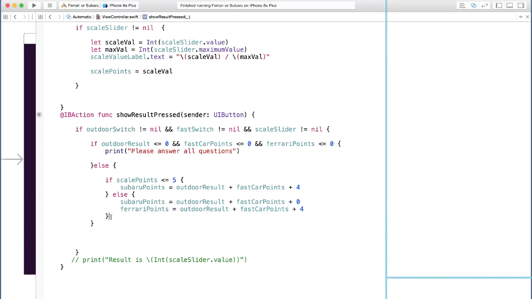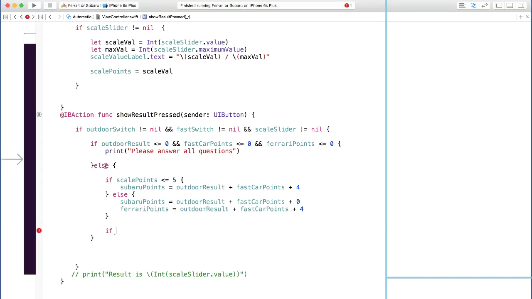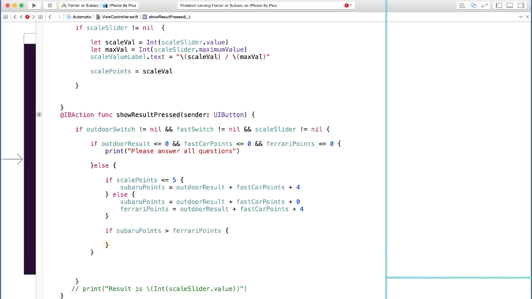All right, and then here, we're still inside this else statement. So if, again, we're going to check Subaru points. If Subaru points is less than Ferrari points, right now we're checking the final result. If that's true, then we're going to say you are a Subaru person.